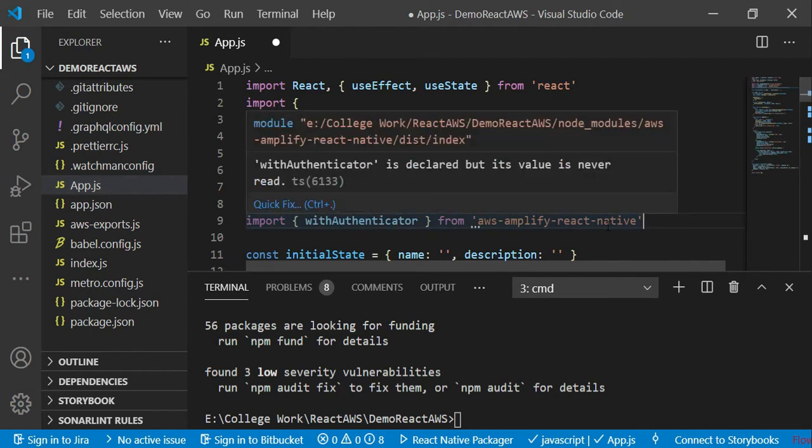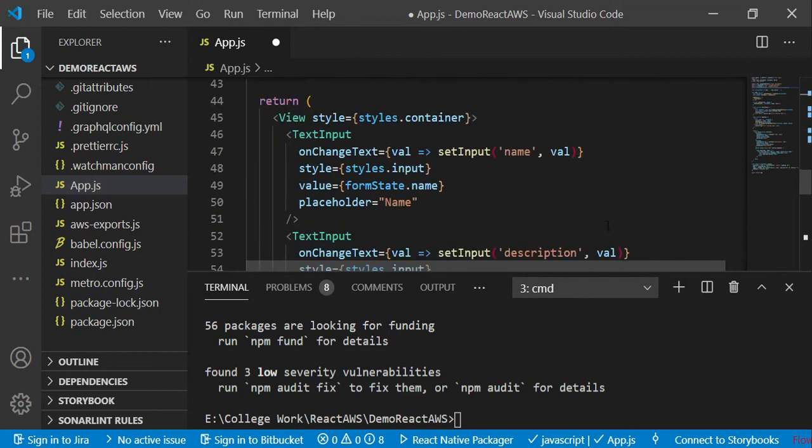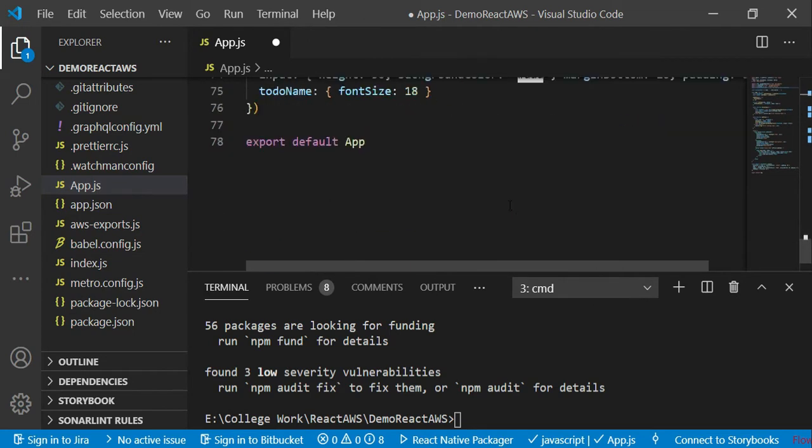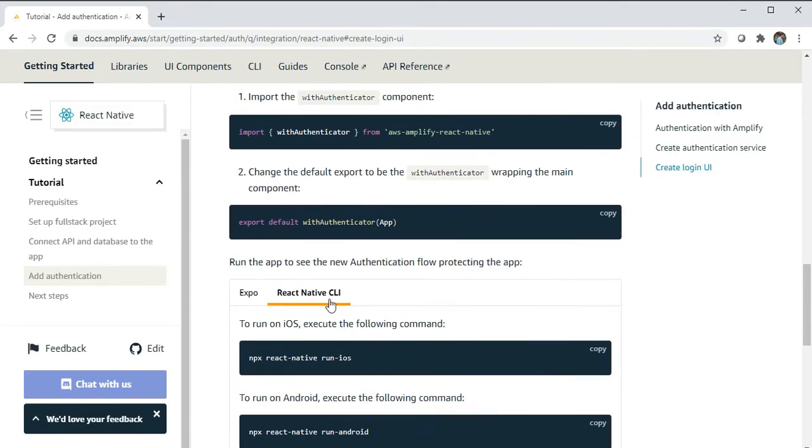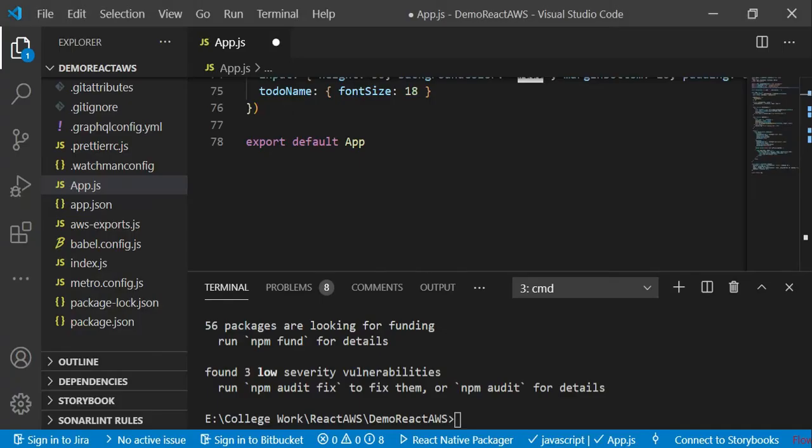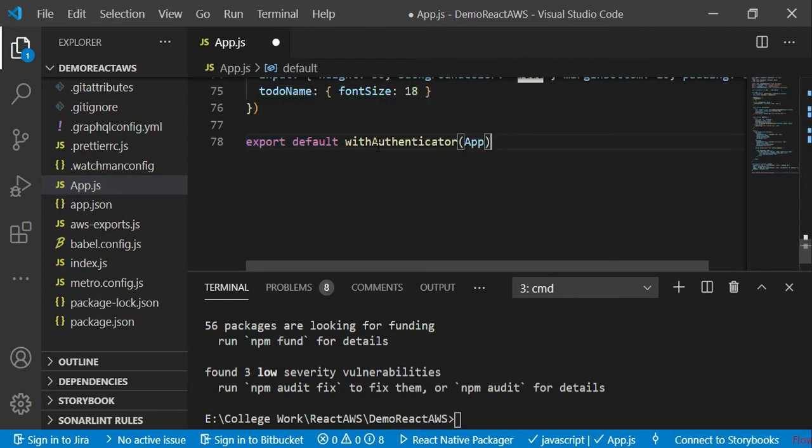One more change you have to make: what is the default component here? App is the default component. You have to make it withAuthenticator(App). Copy this, open your project, and replace this particular statement with this one.